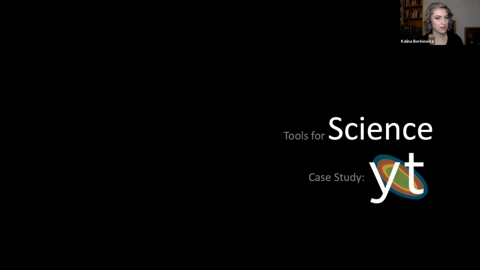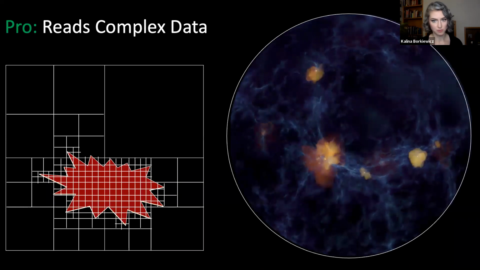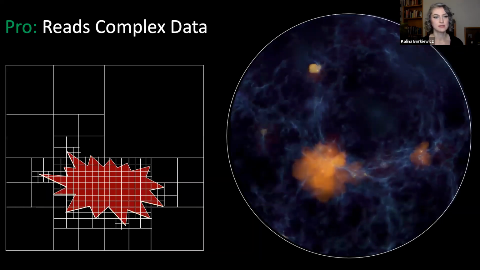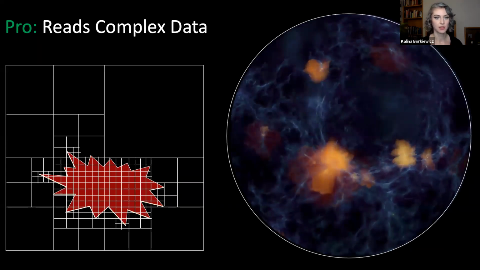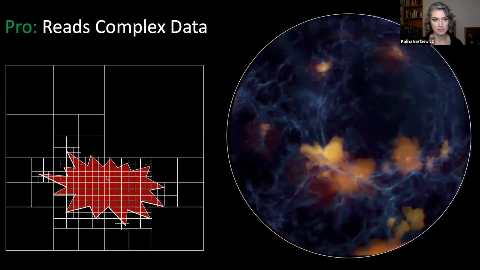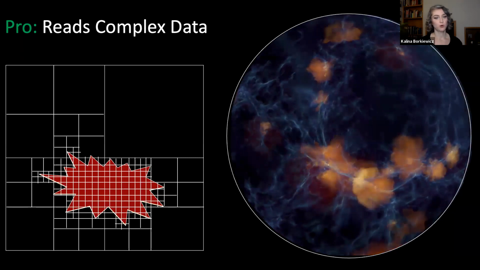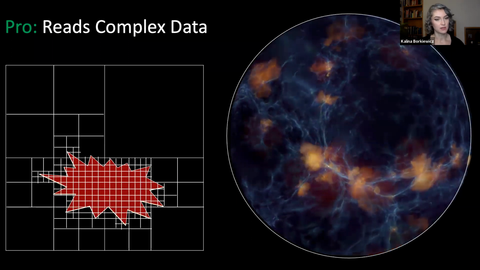To just talk about one example, there are many scientific tools. YT is one that we've been using recently, and it is a scientific analysis and visualization Python package. We used it to create this visualization for the documentary Solar Superstorms. And a great thing about YT is that it understands a whole lot of really complicated data formats. So this particular data was in the AMR format that I described that's made up of these nested multi-resolution grids, and YT just understood it. We didn't need to do any translation, any processing on the data side, and that was great.